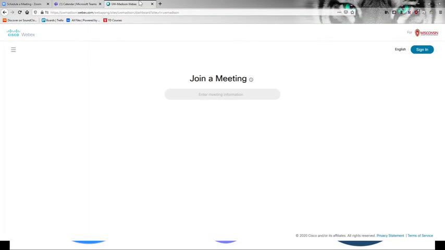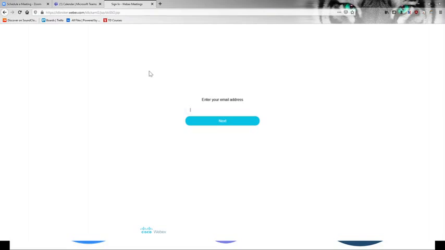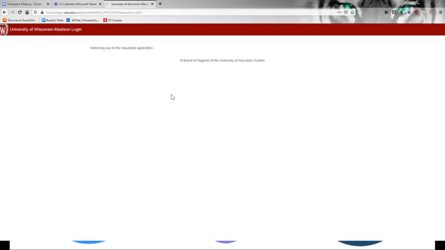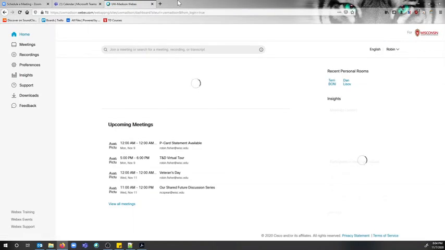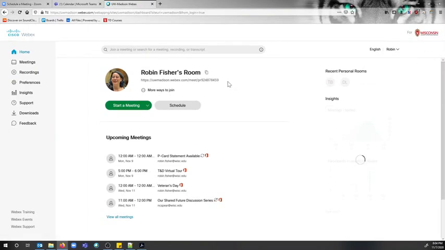And then with WebEx, we're going to go into the sign-in, and again it'll ask for your NetID and your email address. Go through the NetID process, and once it comes up, we'll be able to schedule a meeting. Now remember, this is the one that the desktop client did not do scheduling very well, so let's look at what scheduling does here. If I go to schedule a meeting,